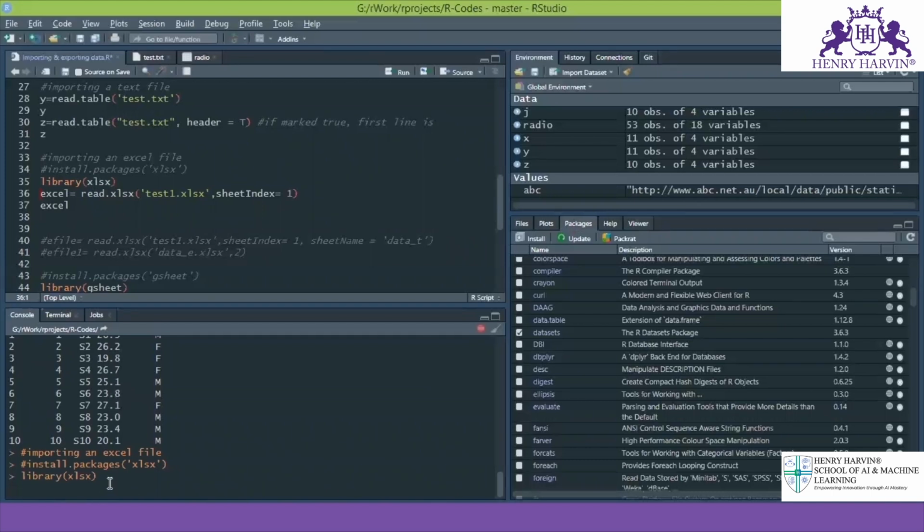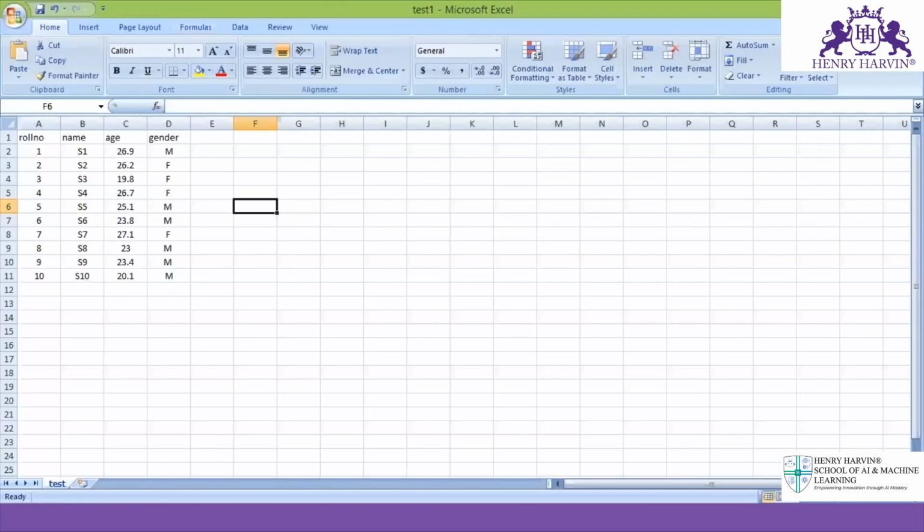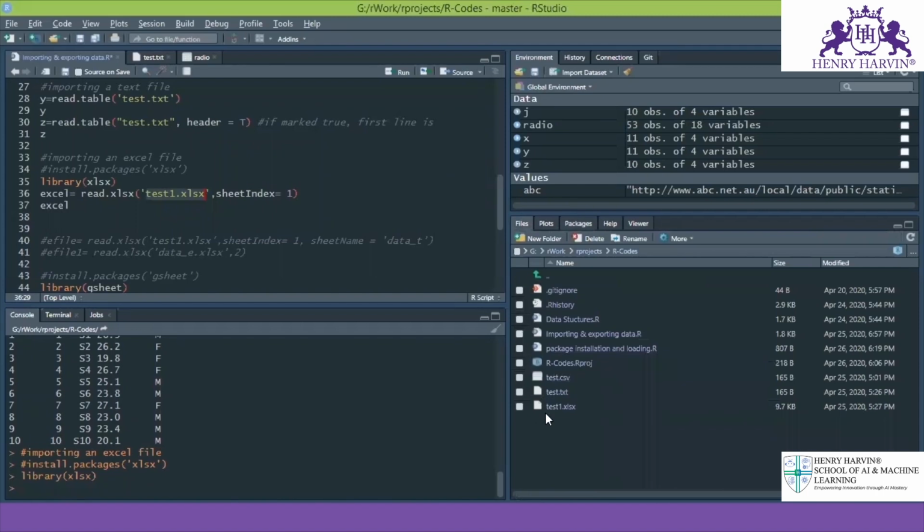Now my package is loaded in my session. I am creating a variable Excel here, and the command I am using is read.xlsx. So what I'm doing is I'm reading an Excel file. The file name is test1. I have already saved this file as an Excel file. You can see here in the files I have already saved it, and after that the comma, the next tab